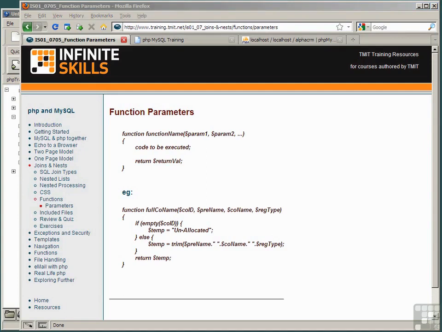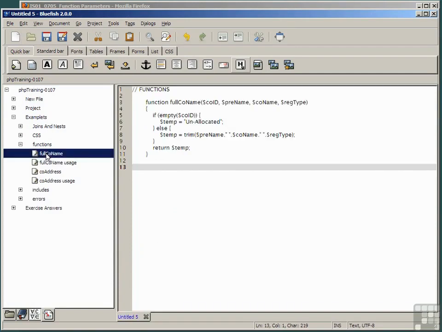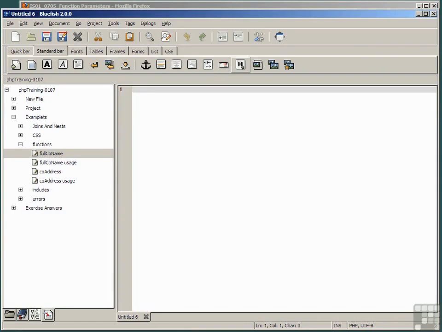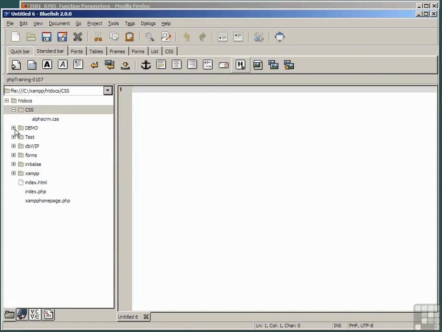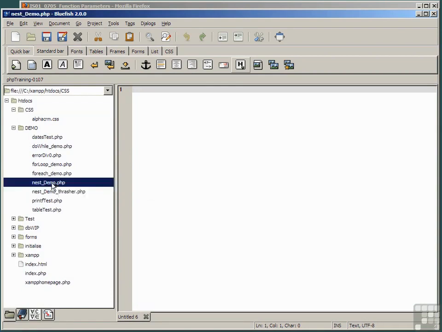Indeed, we've actually used this piece of processing in many of our scripts, so it seems appropriate to create a function to calculate this common concatenation of strings, which we're using all the time in our project. So if we open the snippet, examplets functions full company name or full coname, we can see exactly what it looks like. Let's close that